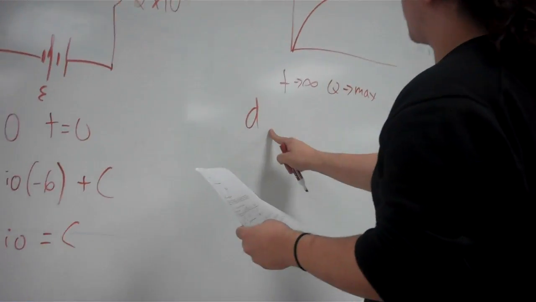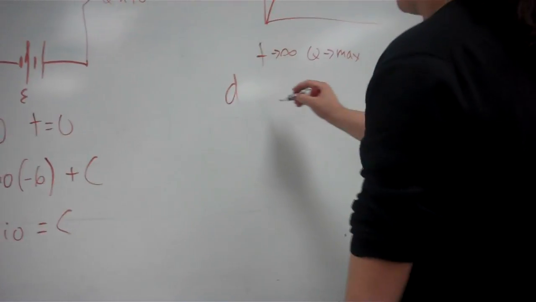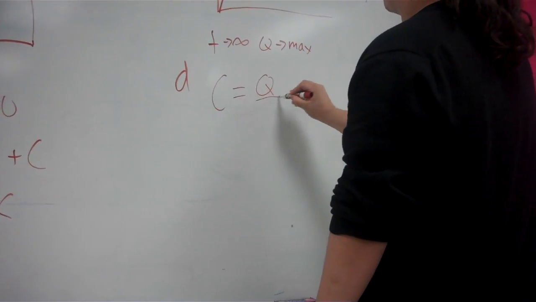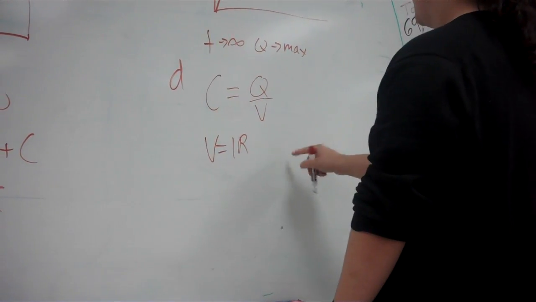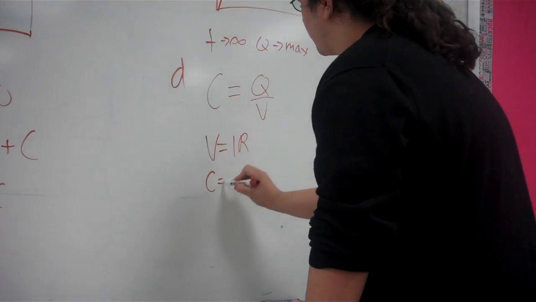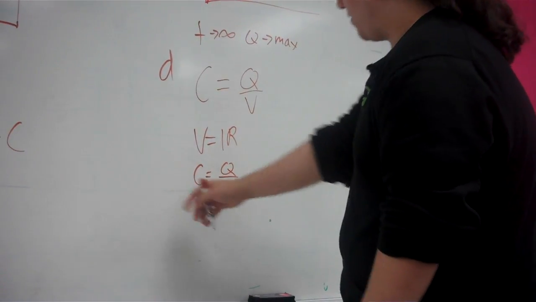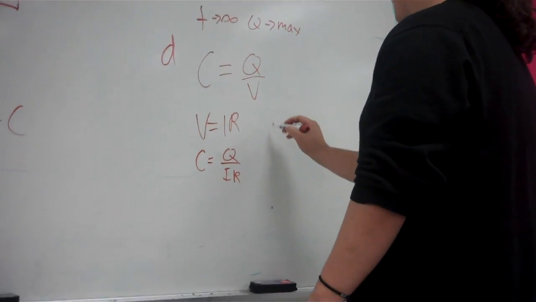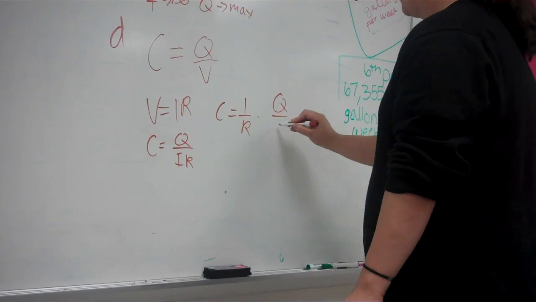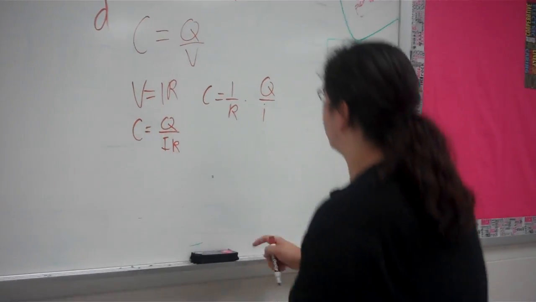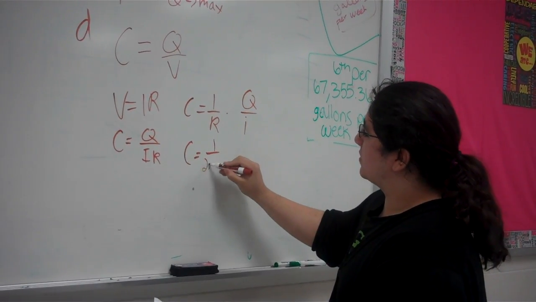Part D. Determine the capacitance of the capacitor. So we got C equals Q over V. We know V is equal to IR, so you can change this to C equals Q divided by IR. And we can move the R around and make this C equals 1 over R times Q over I. And we found previously Q, so this will end up being C equals 1 over 2 times 10 to the 6 times